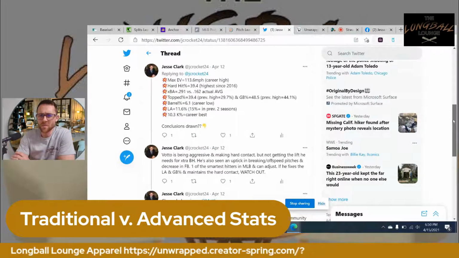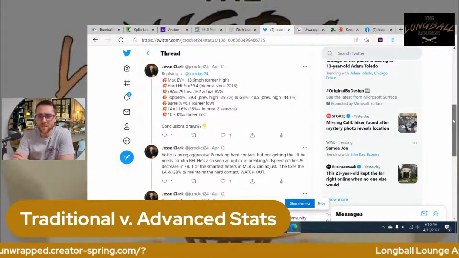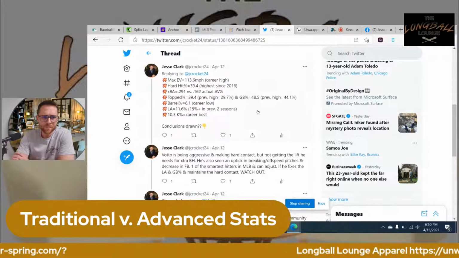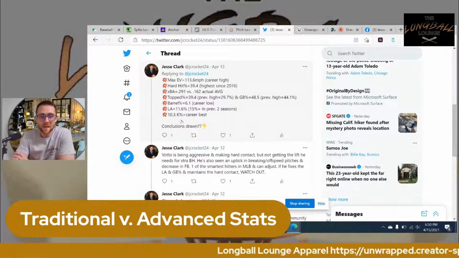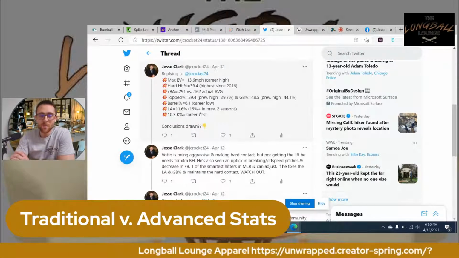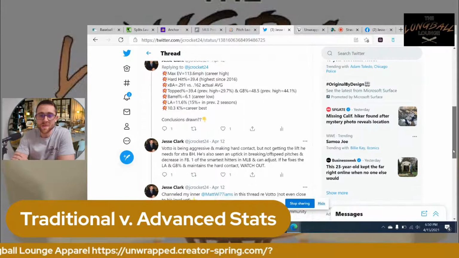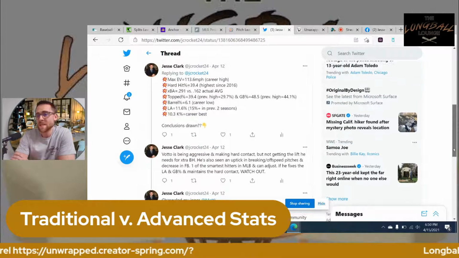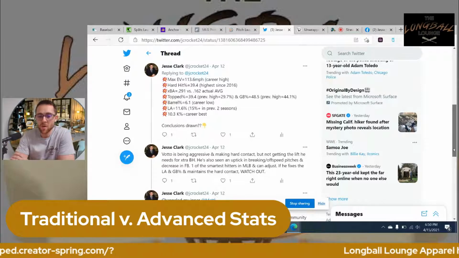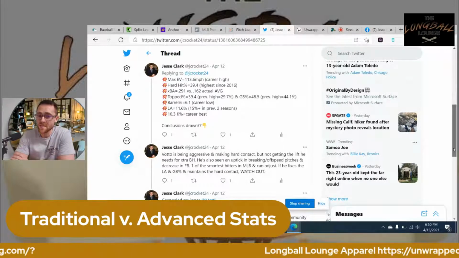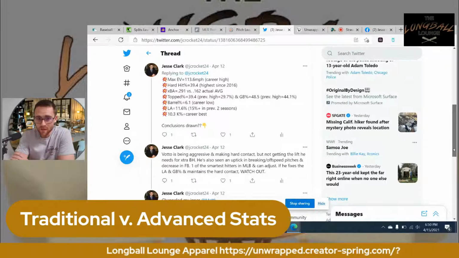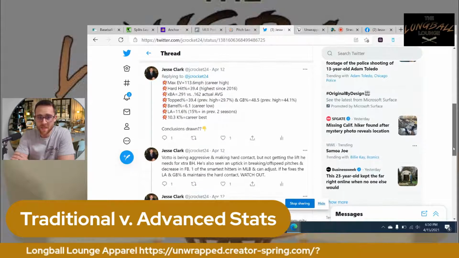And those things, I believe, are calculated by Fangraphs or one of the two sites we're going to list here soon. Again, going down more, his launch angle is 11.6%, 15+% in the previous two seasons. So again, we're seeing he's topping the ball too much. He's hitting ground balls where he's not meaning to. He's still hitting the ball hard like he wanted to, but he's not elevating those balls and causing damage.